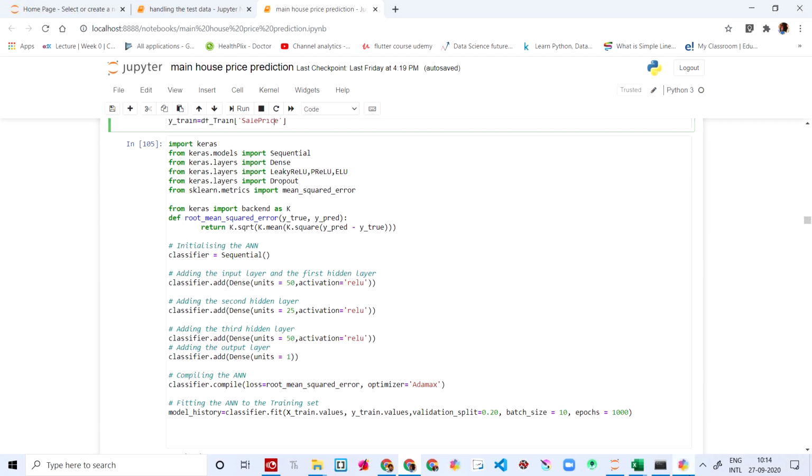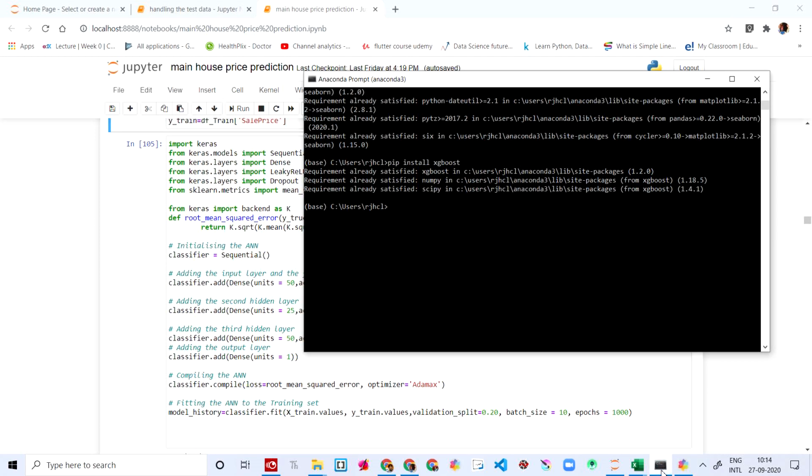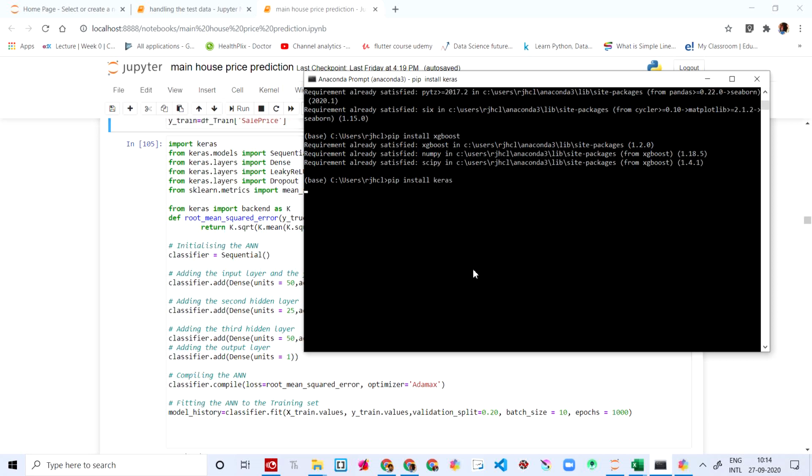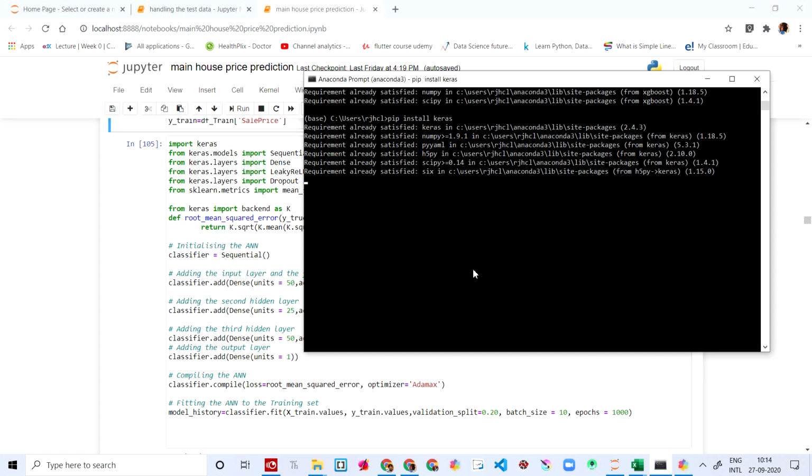And then you're gonna import Keras. If you have not installed Keras and it shows you an error saying no module, you can say pip install Keras. For me, it's already installed. And after that, you're gonna say pip install TensorFlow. That's also needed for Keras.